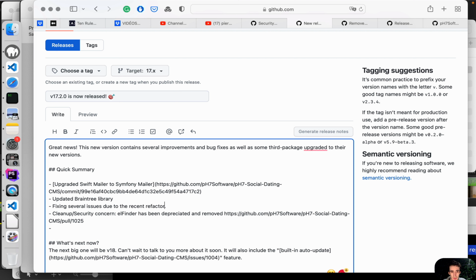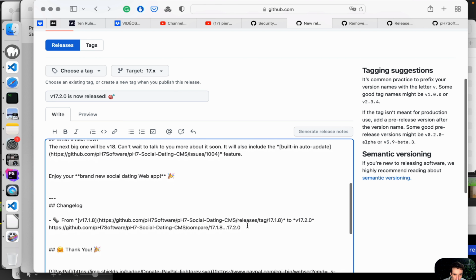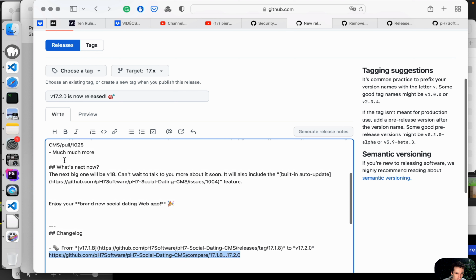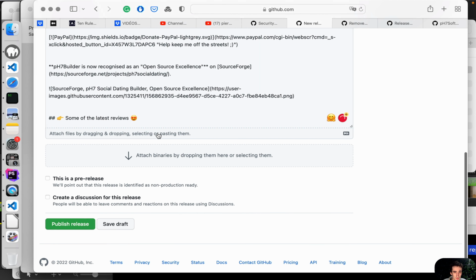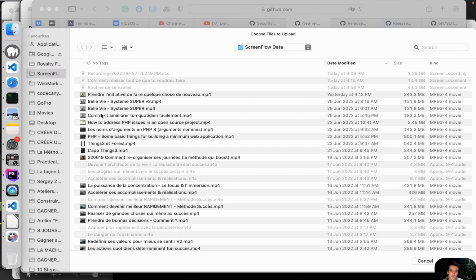And yeah, several issues related to recent refactoring. Yeah, there are a few issues that happened, and I have found them very recently. So I have committed already, and it's included in v17.2. So I mentioned that, and then much more. And I will include the link of the diff from 17.1.8 to 17.2.0 in much more. So again, I do a markdown anchor link or so,